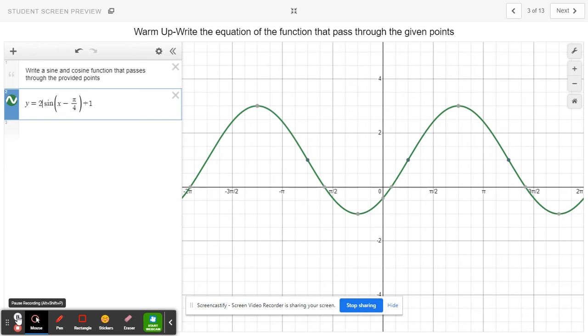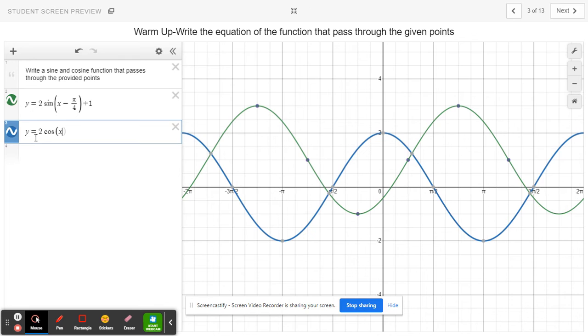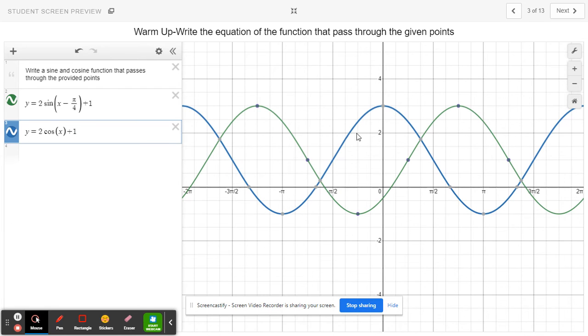Now we've got to do a cosine one. Let's do the same thing with the cosine. So y equals, we know the amplitude is going to be 2, so let's type that in to save us some time. We also know that our midline will be at 1, so our k is 1. Now, how far do I have to shift it? Let's look at the max. I want to shift the max over here, so it's at 0,